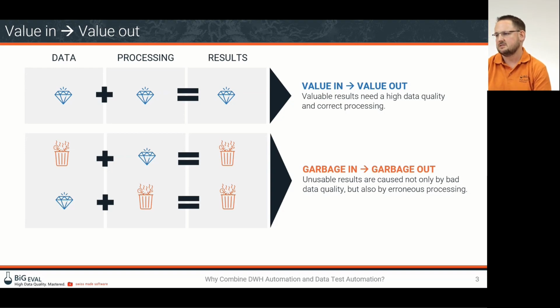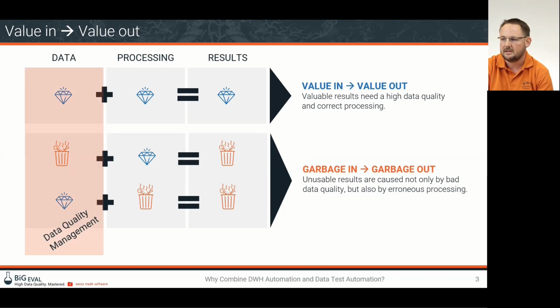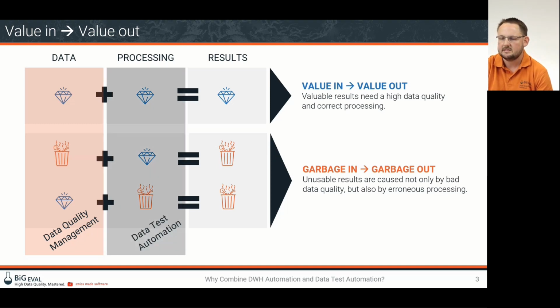So you turn the concept from value in, value out to garbage in, garbage out. And yeah, here we see two disciplines that are important to get the best results. The first one is data quality management. That means you need to manage the quality of your data during the whole life cycle of information. And secondly, we have data test automation. So you need to test everything that is built within your development processes or within your release cycle of your